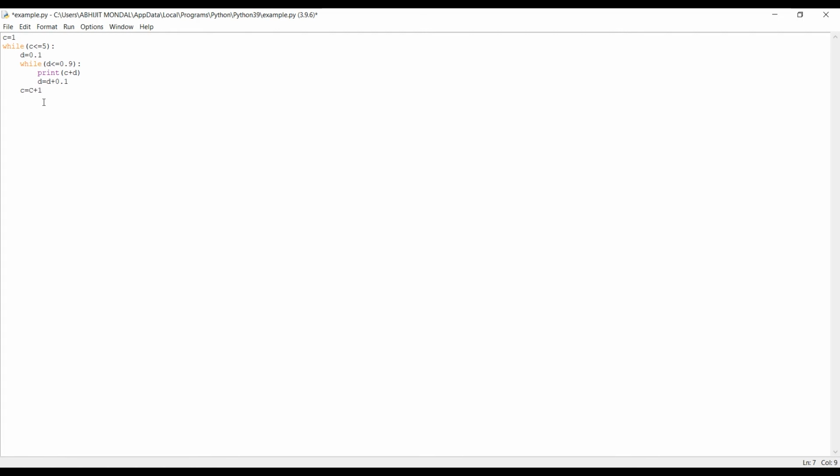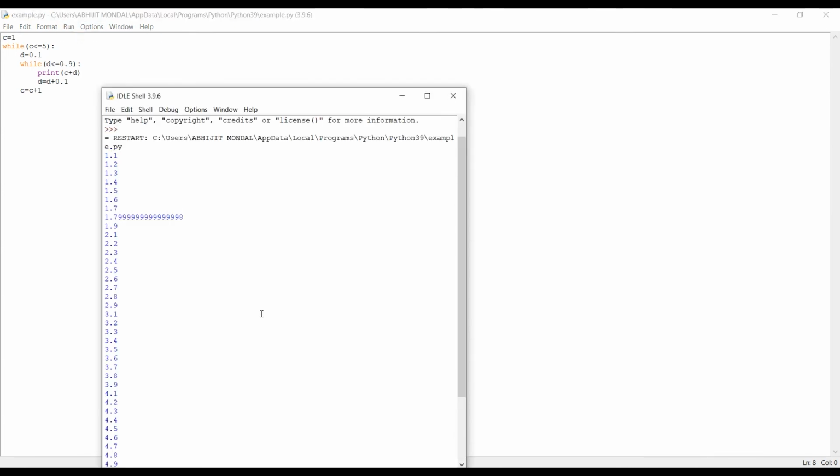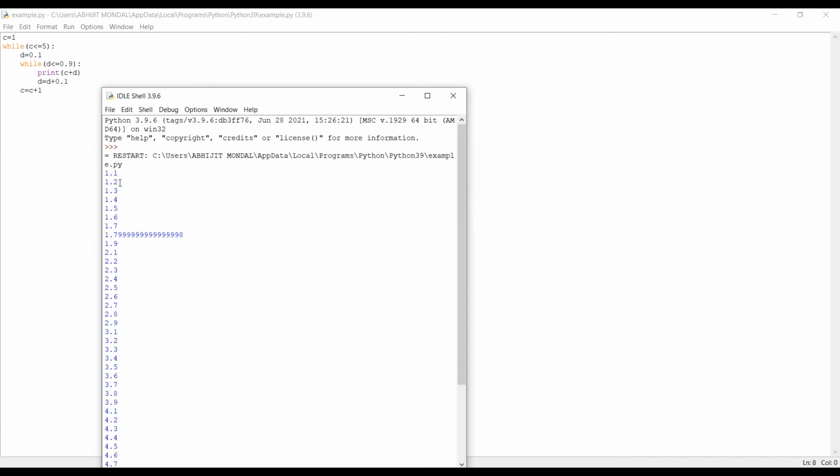We have incremented both variables, and within the outer while loop whose condition is c less than or equal to 5, there is another while loop where d is less than or equal to 0.9. Now we'll save it by pressing Ctrl+S and then run it. We can see it has printed 1.1, 1.2, 1.3, 1.4, 1.5, 1.6, 1.7.